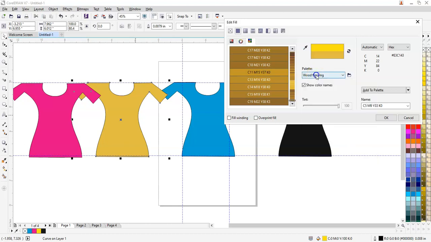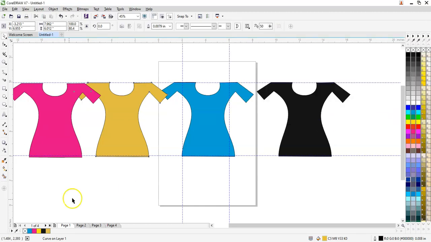So here we come back again. Now there is a name of the color also. Whatever colors you're using, you can even directly type the name over here and get your color activated. Now here you see the CMYK mixture is given, as well as the mix, the hexagon, what colorization you have used, which colors mixing was done with this, and the palette name. Okay. So I say okay over here.